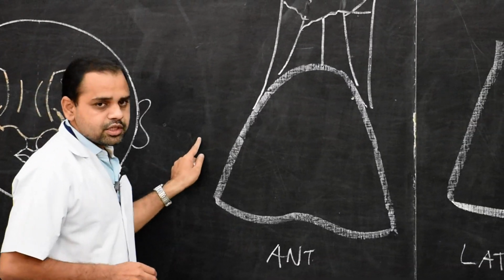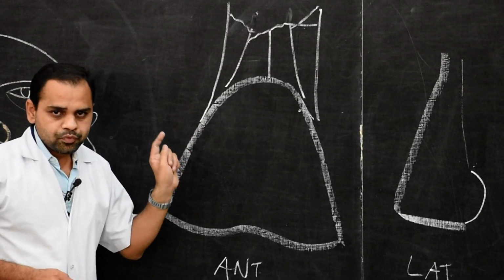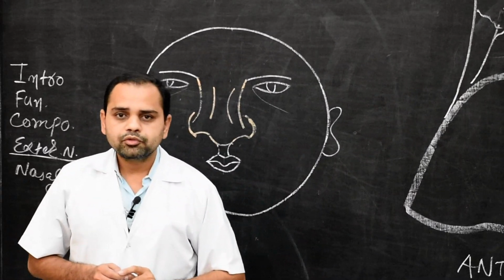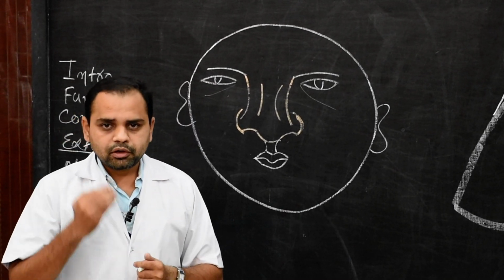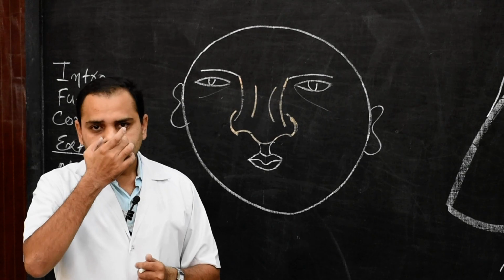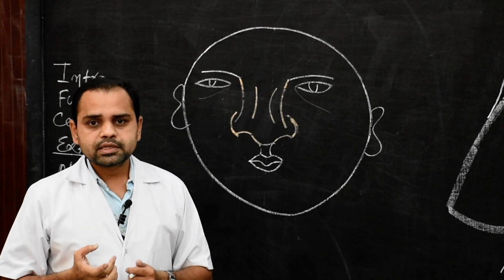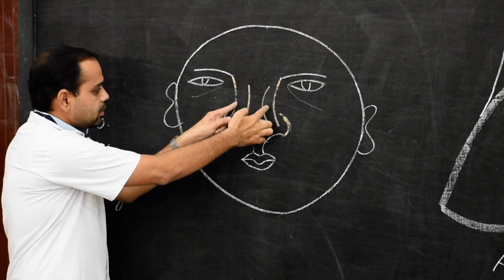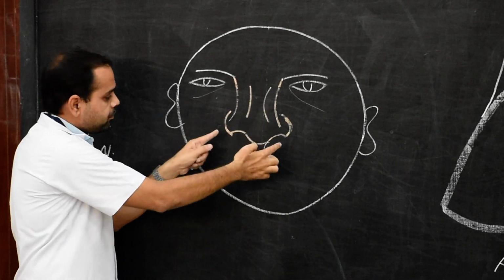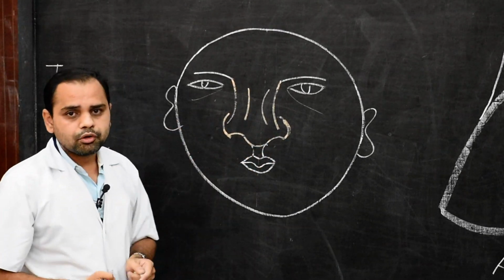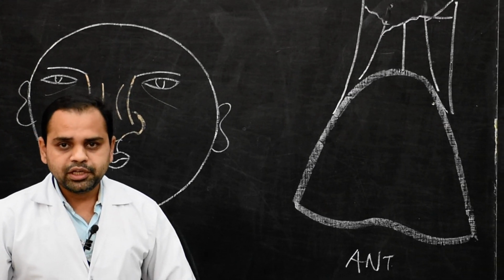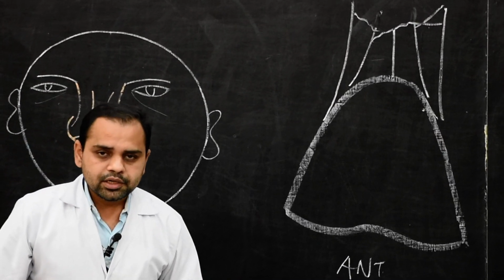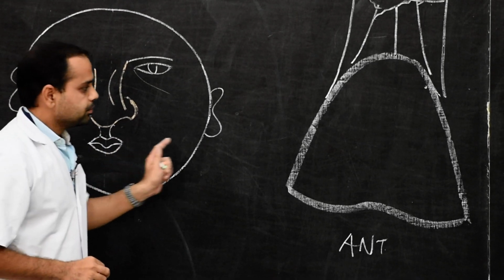Now what are the cartilages which form this external nose? There are basically 5 main types of cartilages. First is the median septal cartilage between right and left nasal cavity. Second one is the pair of lateral nasal cartilages. Here there are the lateral nasal cartilages. In the ala of the nose, there are the major alar cartilages. So these are the 5 main cartilages: median septal, 2 lateral nasal cartilages, and 2 major alar cartilages.